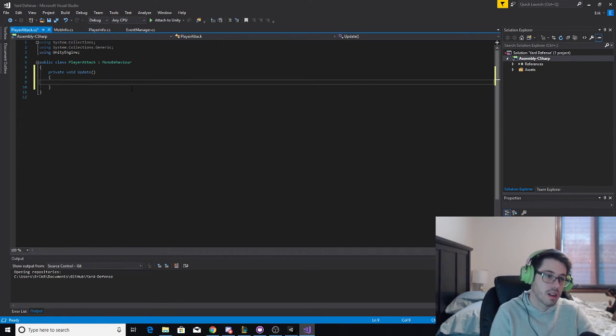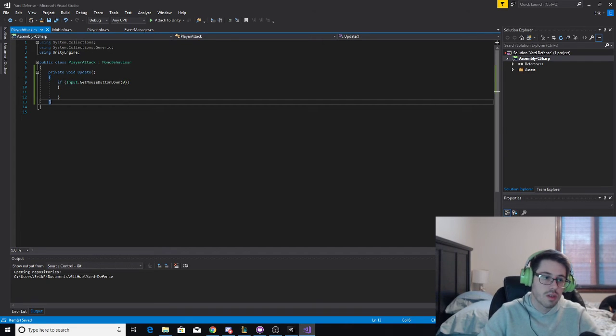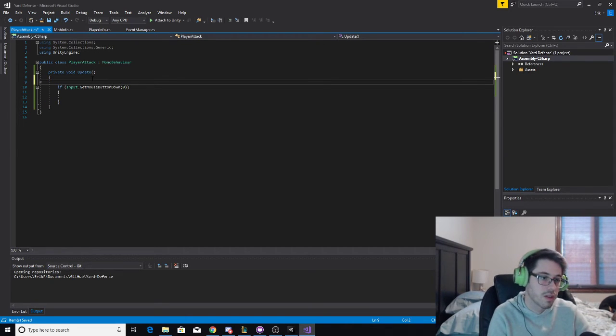So we're going to create the update cycle, and every update we're going to listen for an input. So Input.GetMouseButtonDown. If I've clicked, we're going to listen to the first mouse button. We can change this to, I forget what the actual compile-specific Unity platform-dependent compilation is. I'm going to make this specifically just for when it's a PC or a Mac. So at least we're listening for, let's see,